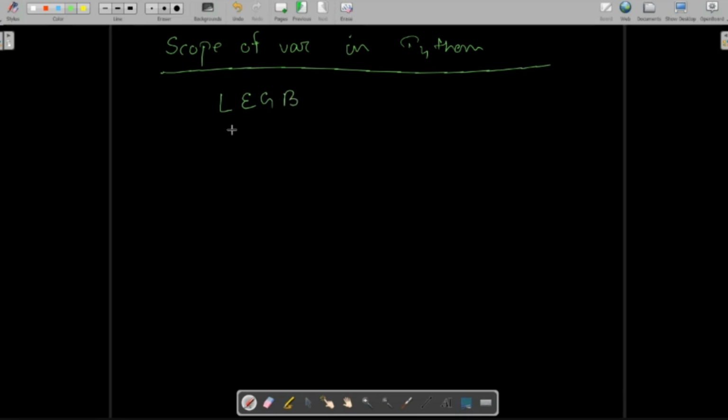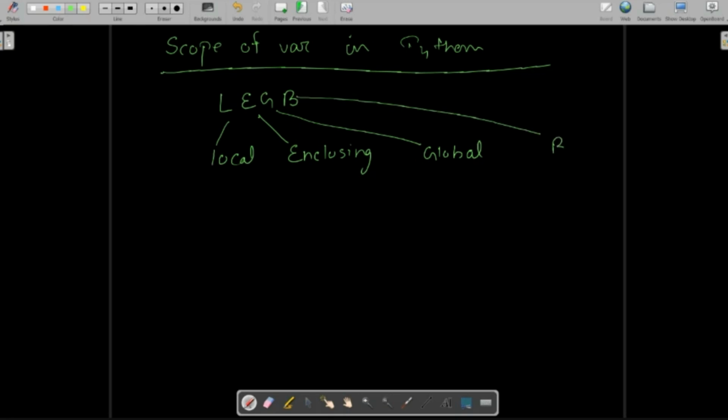L means local, E for enclosing, G for global, B for built-in. So whenever I write a certain function, for example, if I'm writing this function, def